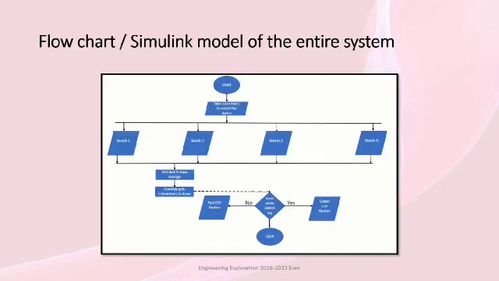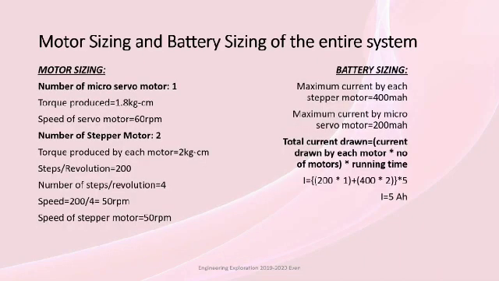Flow chart of the entire system. So when the drawing board starts working, it first takes user input to select the sketch, either sketch 1, sketch 2, sketch 3 or sketch 4. After getting the sketch from the storage, gondola gets instruction to draw. If at all there is an error in sketching, the red LED flashes, else the green LED flashes. And after the completion of the sketch, the process stops.